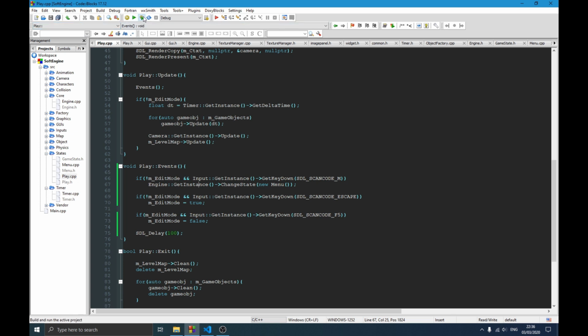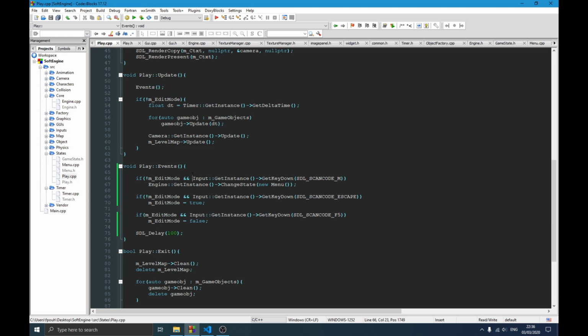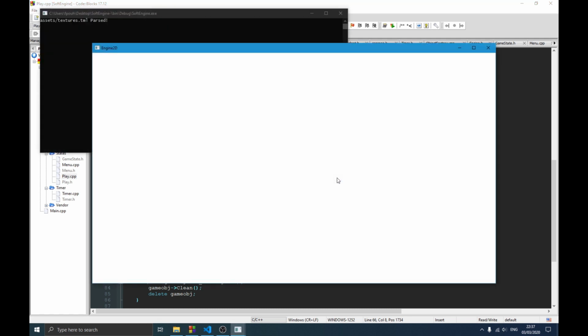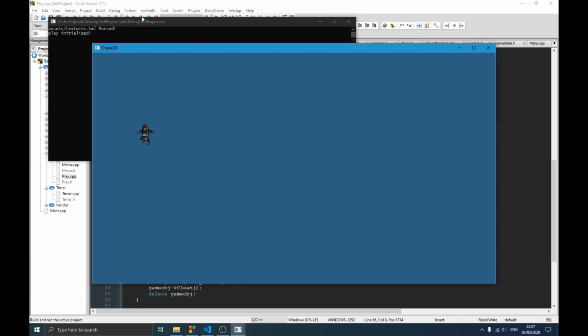So let me compile this again and see. Oh, I had this edit mode. I moved that. Okay, if edit mode, let's see. So yeah, let's do it like this. So if we are in edit mode and we push this key right here, we want to go back to the menu. I don't know what happened. Okay, so I just kind of